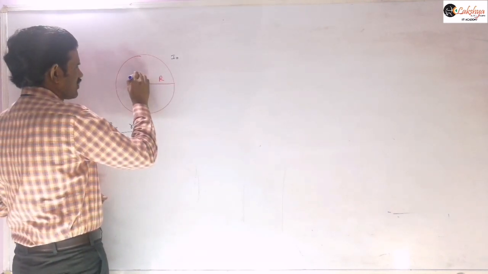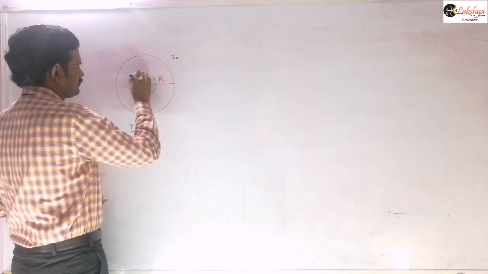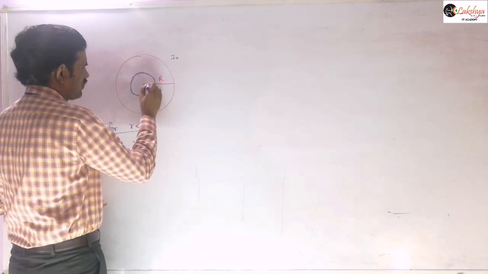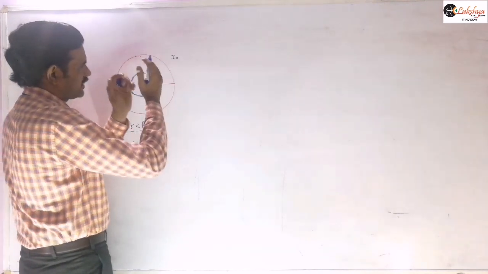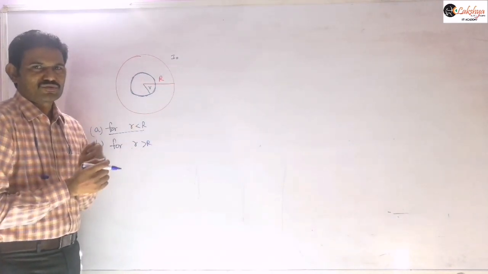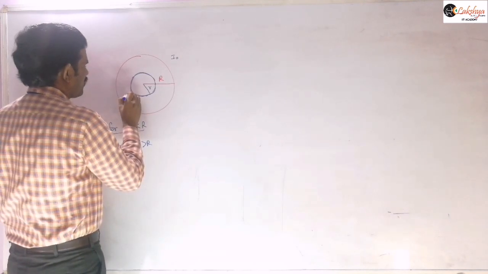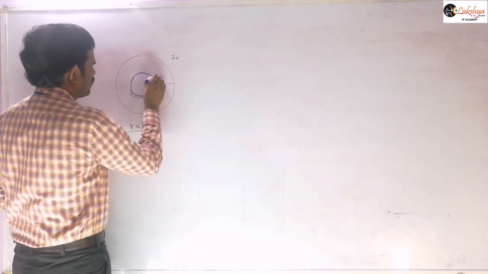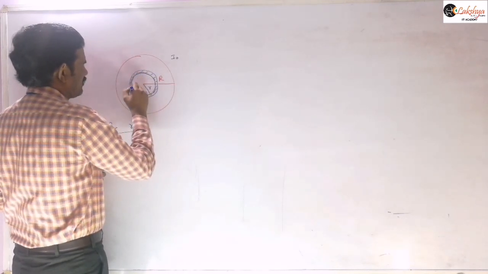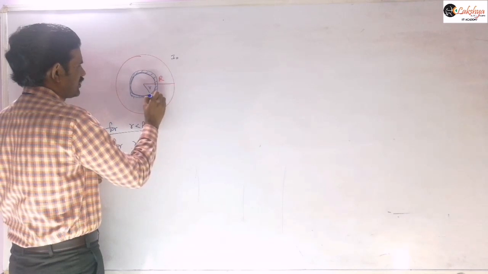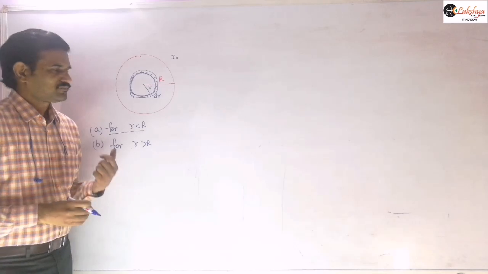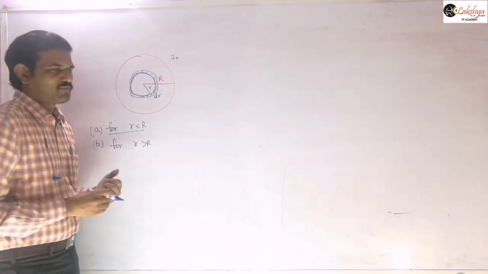For the first case, we need to take some Amperian loop here. So this Amperian loop is at a distance of r from the axis. This is a long conductor, and I am showing only the cross section here. You need to remember this. As the current density is variable, I am taking a small element like this. This is r and this is dr here. First I am going to write the current enclosed by this Amperian loop.